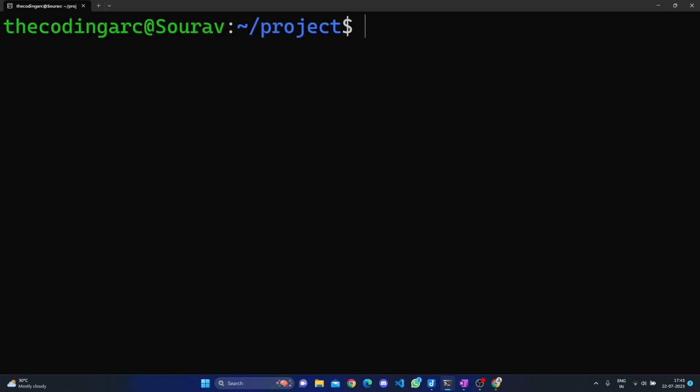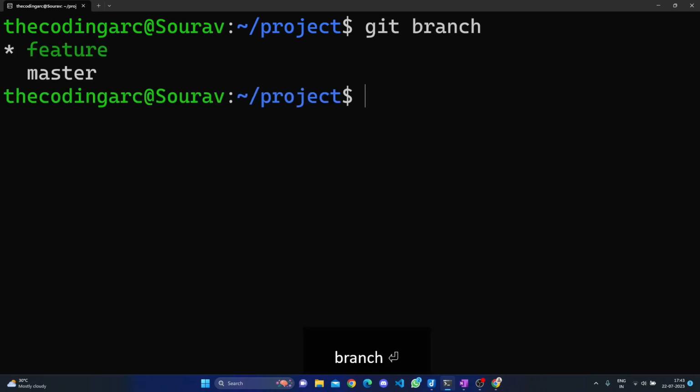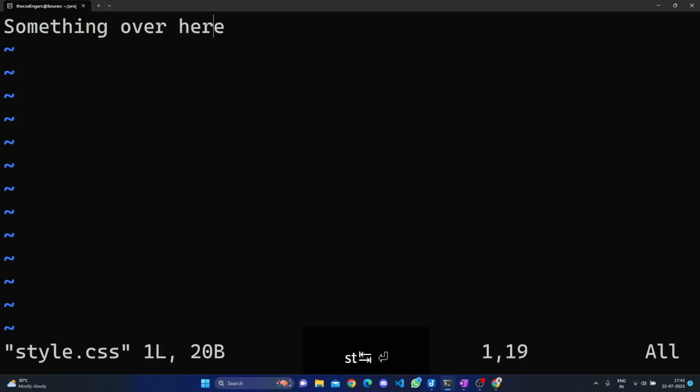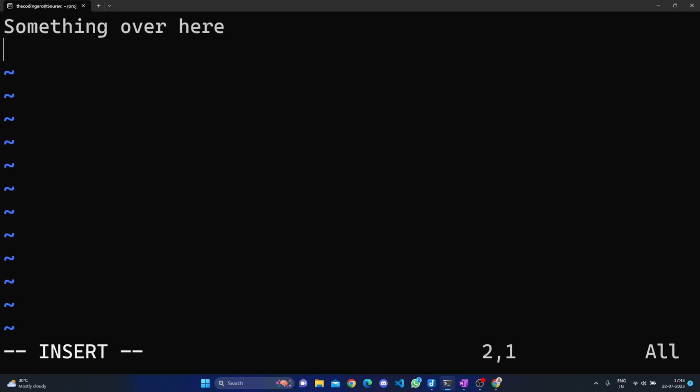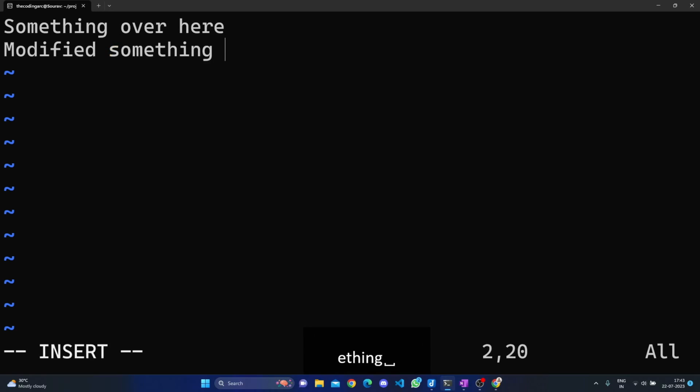Now I will edit the same style.css file which I have edited in my master branch. First let me show you I'm in the feature branch. Now if I type vim style.css, you can see this was the same thing which I have written in my master branch. So now if I write "modified something in the feature branch",